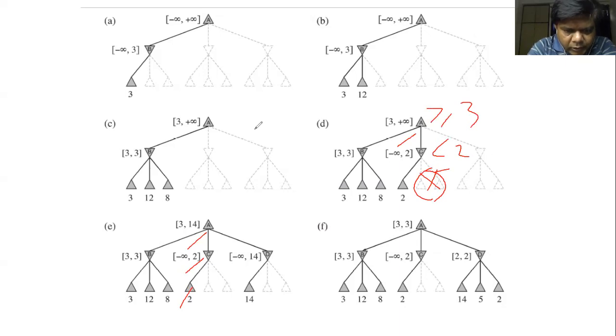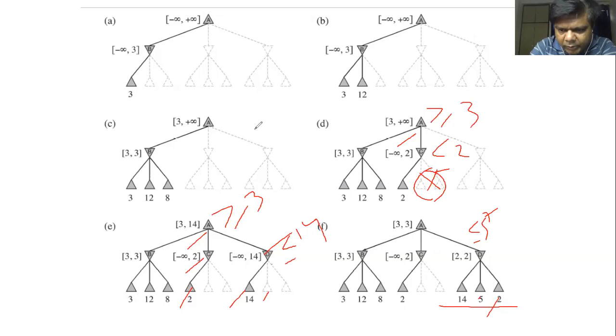Now we come here again, we generate this and we generate this, and we find that this is going to be less than 14. और ये क्या है, ये greater than 3 है अभी तक. Okay, so that means कि we need to generate other values also. So we generate 5, so then it becomes less than 5. We generate 2, then it becomes less than 2, and since we have generated all of them, so minimum value is 2, so this becomes equal to 2.